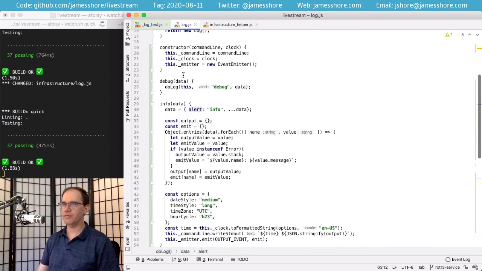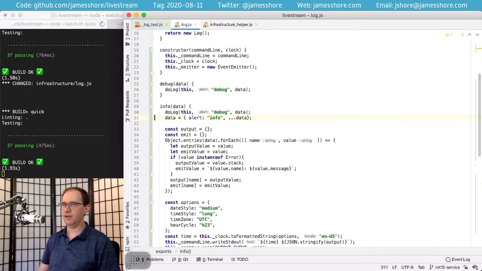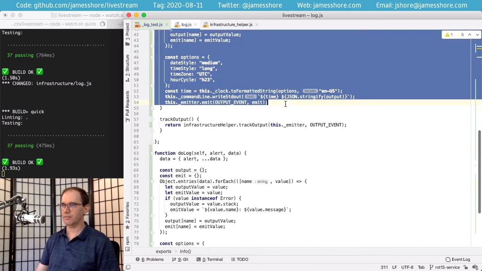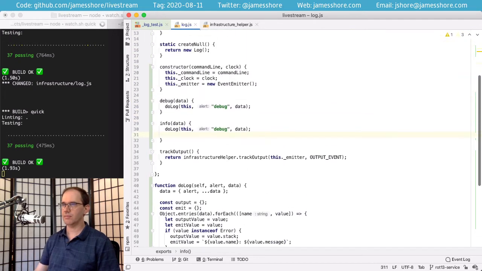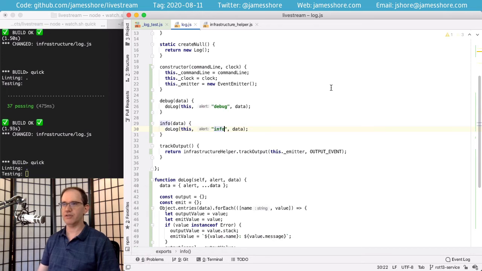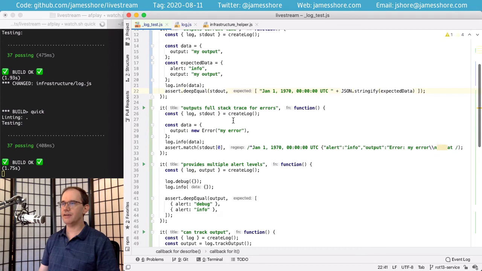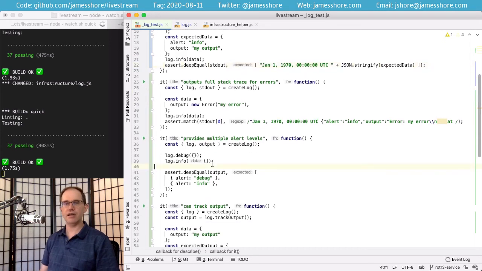There we go. And now we can do the same thing for info here, except that we need to have a different alert level. So there we go. Next up, we need